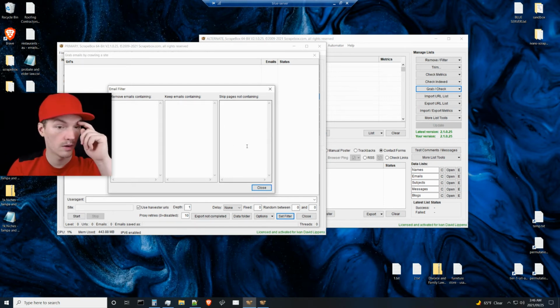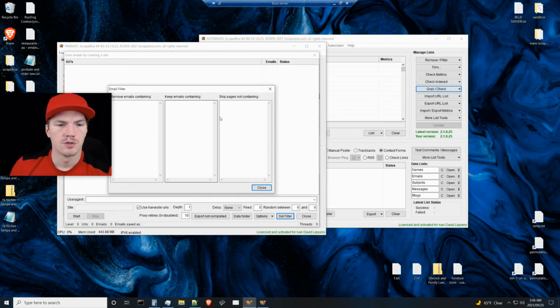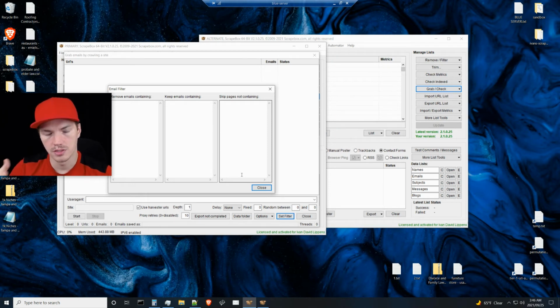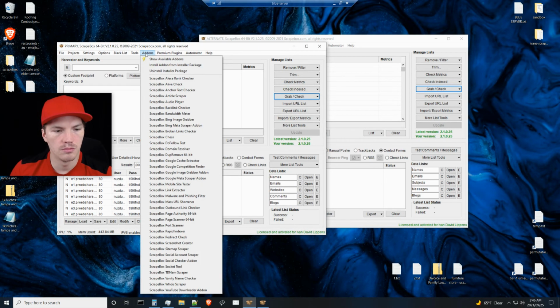This utility right here scans the pages for, it says, skip pages that don't contain these footprints. So when you use this filter, it's kind of like a combination between the page scanner and the email scraper, because it does a mini page scanner before doing the email scrape. So if you wanted to do a broad page scan before doing the emails, you could come to the add-ons and do a page scanner